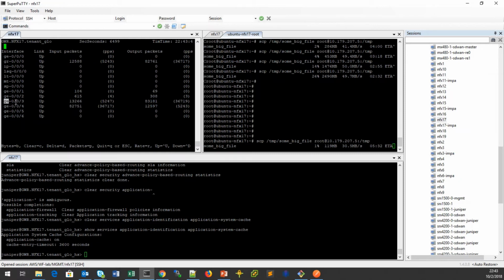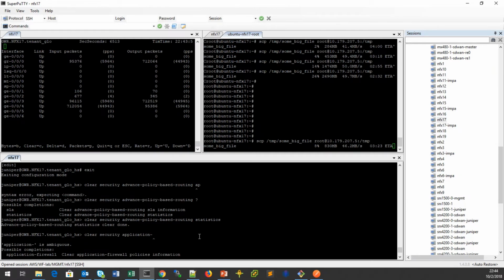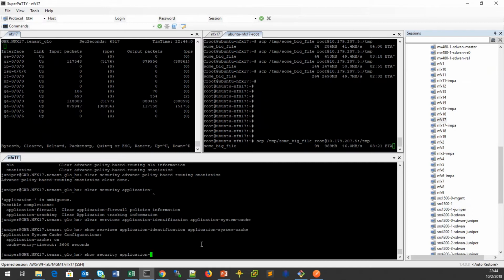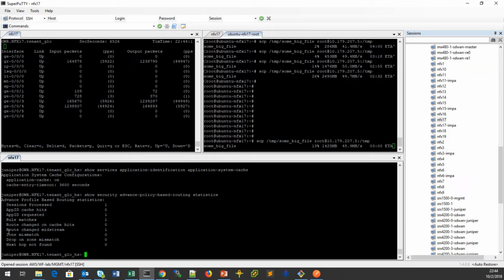And traffic immediately takes gigabit Ethernet 003. Let's see the application statistics. And we see that the route is changed midstream. So this is the difference from the previous observation that we had. So let's do this one more time. So again,